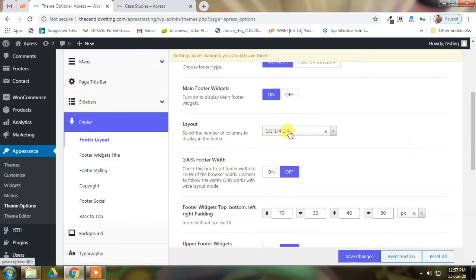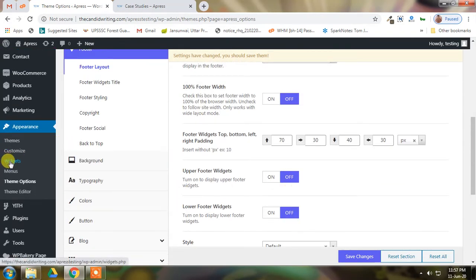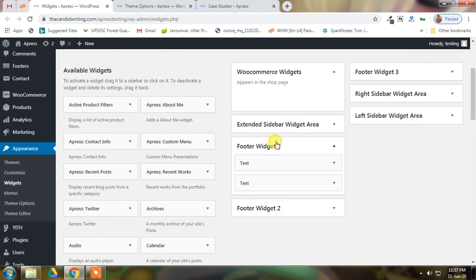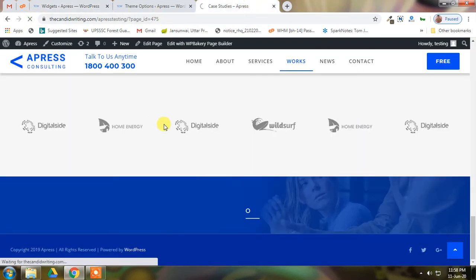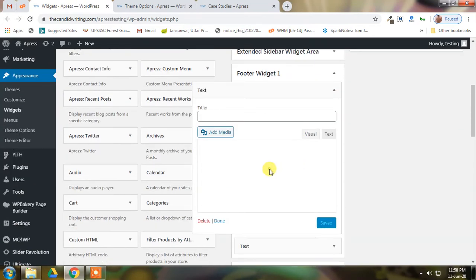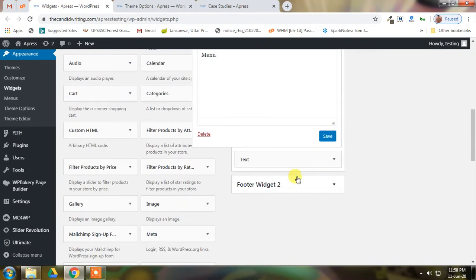We have 3 sections of widget, and there are footer settings. Widget is here. We will right click and open link in new tab. And you can see we have 3 options. I will just look at what it looks like now. There is nothing. I'll try to give some information in here. I will write menu, and in the next